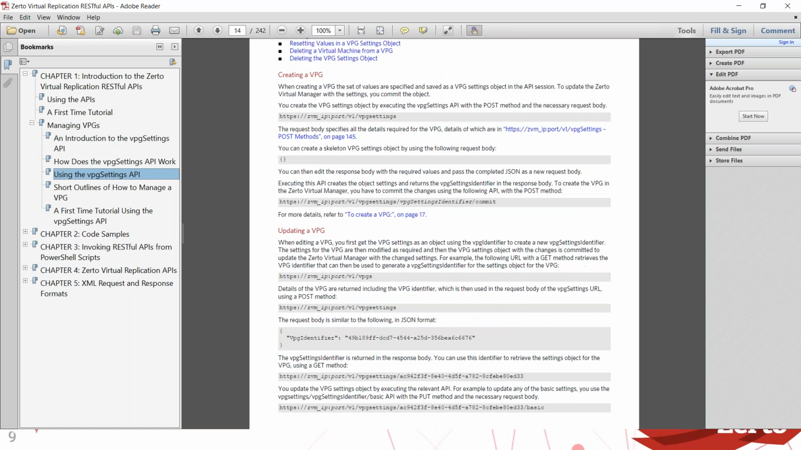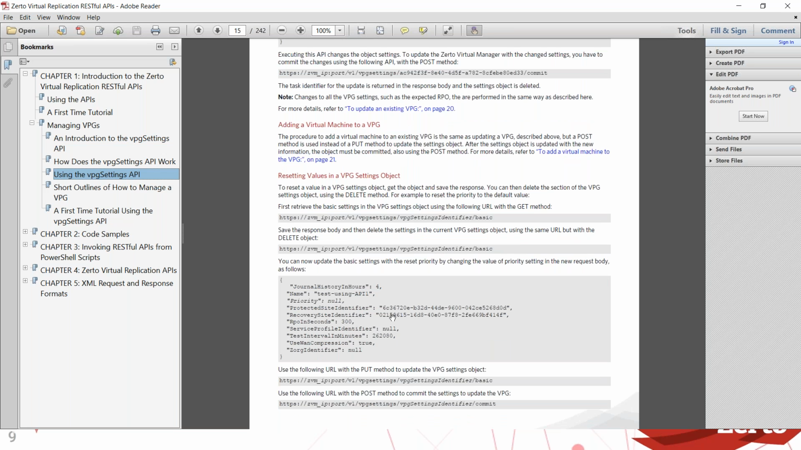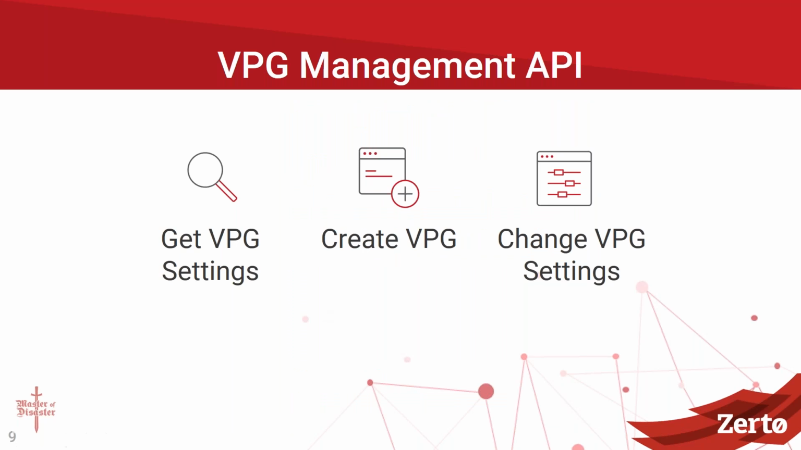Let me quickly scroll to a specific part. Okay, there we go. Now, these are the basic settings of that VPG identifier in JSON format, or of a VPG. Journal history, for example, let's say I want to change the journal history of all my VPGs to 8 hours. I can actually just say journal history in hours, :4, or change it to 8, or whatever I want to do. And what I basically do with the VPG settings management API, I just push that JSON to the API, and the API can read it and then change the settings it needs to change. Now, if we put that in practice,